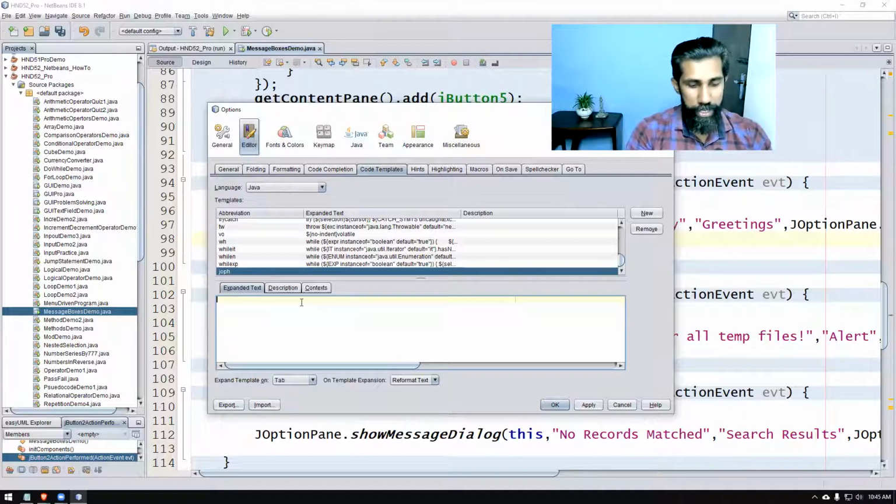I'm going to say javax.swing.JOptionPane, because in every project I don't know whether I will import the package.